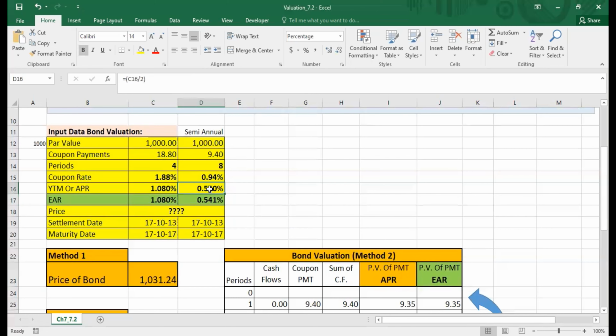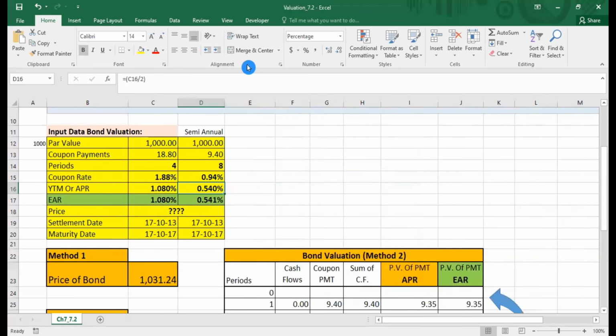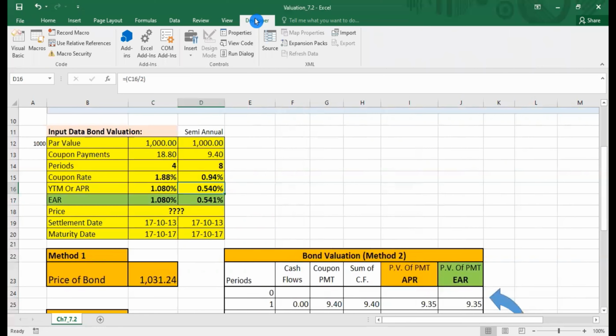In order to do that, we will go to the same developer button. Let's try to go to the developer button. So you can see developer. This is our developer tab. And I would like to choose this option button over here for this purpose. So I am simply going to click on the option button, and wherever I want to place it, I am simply going to come on that cell and click and drag, and you can see a nice button appears over here.